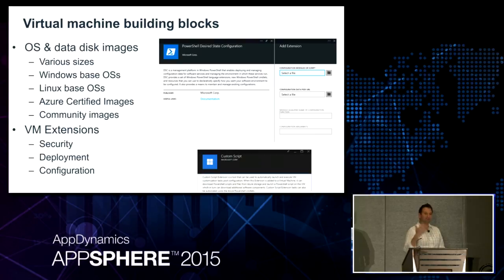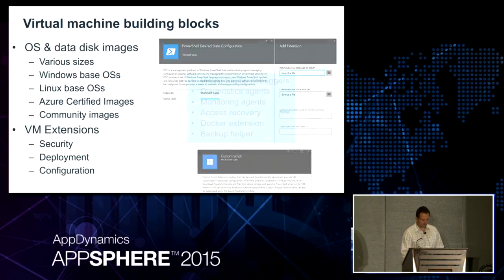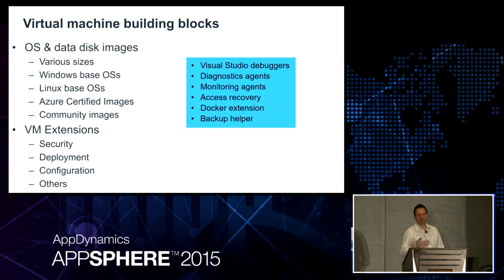If that's not good enough, we have a lot of scripting extensions. So you can write your own scripts and basically have script hosts on Linux machines. You can have DSC scripts on Windows machines and so on. So you get a very good configuration experience there. And then we have a bunch of others. So for example, if you are currently still in the .NET world and you use your Windows images or your Windows virtual machines for dev test purposes, and you want to debug your application, you can just apply our debugger. It's working from Visual Studio. You can apply this. Then various diagnostics agents and monitoring